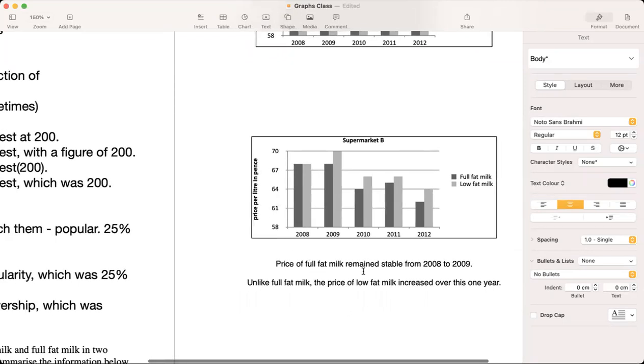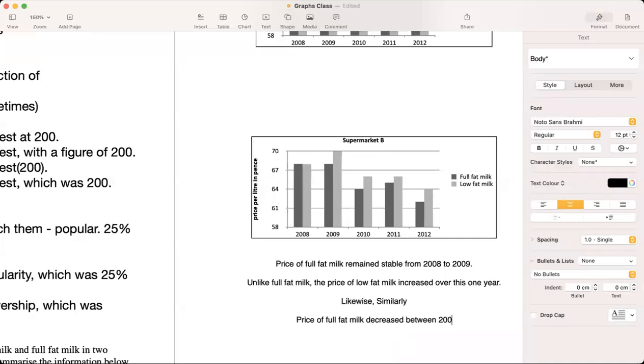So अभी ये clear है? Unlike, there's another word that you can make sense of. That's likewise and similarly. Exactly opposite to unlike. So for example, price of full fat, देखो, from 2009 to 2010, full fat की price decrease हो रही है. Low fat की भी decrease हो रही है. So I'll use the word similarly instead of writing unlike. For example, I'll write price of full fat milk decreased between 2009 and 2010. Similarly,